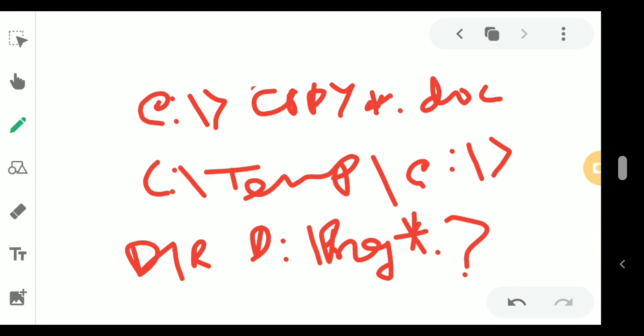Many times the question comes, what is a wildcard character, give an example or write down the syntax for it. So this is very important, the internal commands. You have to write them down and mention the function as well as the example, and you have to mention the syntax. Okay, so I hope the DOS internal and external commands are clear to you. Thank you, students. I'm ending my lecture over here.